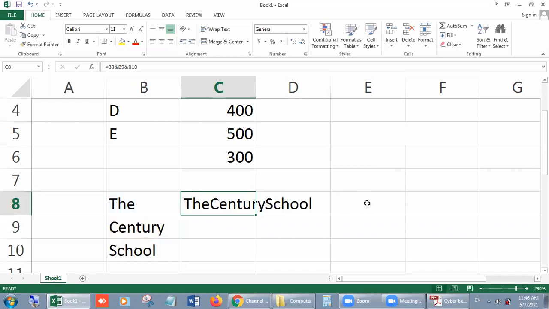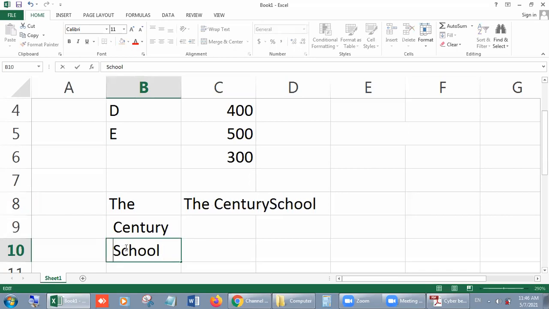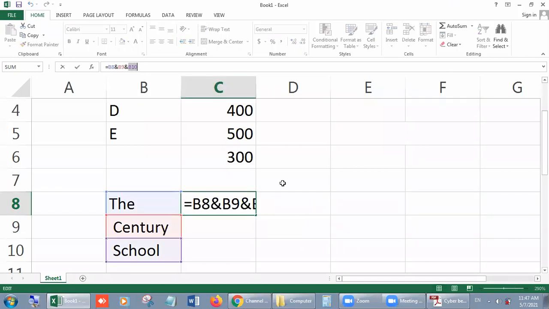Now you can see beta, all three values are connected, right? But there is no gap. तो ये गैप बनाने के लिए आपको क्या करना पड़ेगा? इसके अंदर जाओ and press one space. Look, now you can understand the power of AND. In this way, you can check the power of the AND symbol. This is the formula.